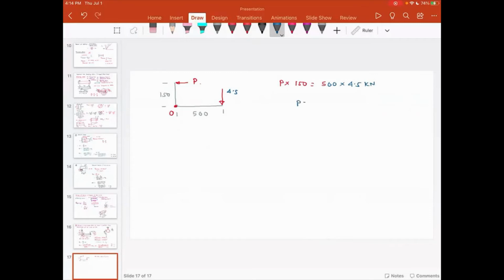That gives you the value of P. But recognize, at the end of the day, the moment that is coming on this cross section is going to be the same as 500 multiplied by 4.5, which means the same dimensions would be valid on the top side of the beam. The only difference here is, if you look at 4.5 divided by 150 multiplied by 500,